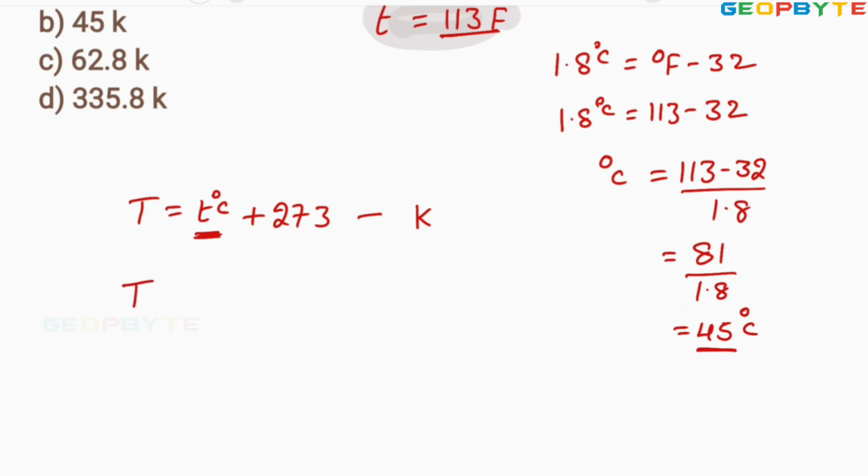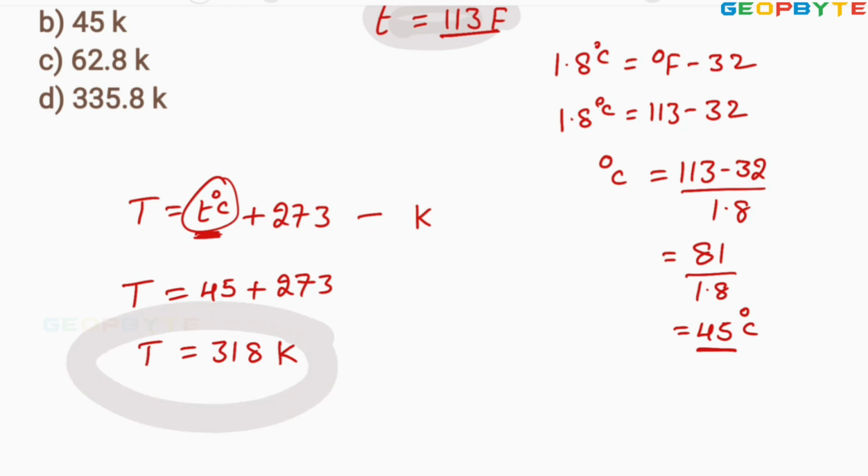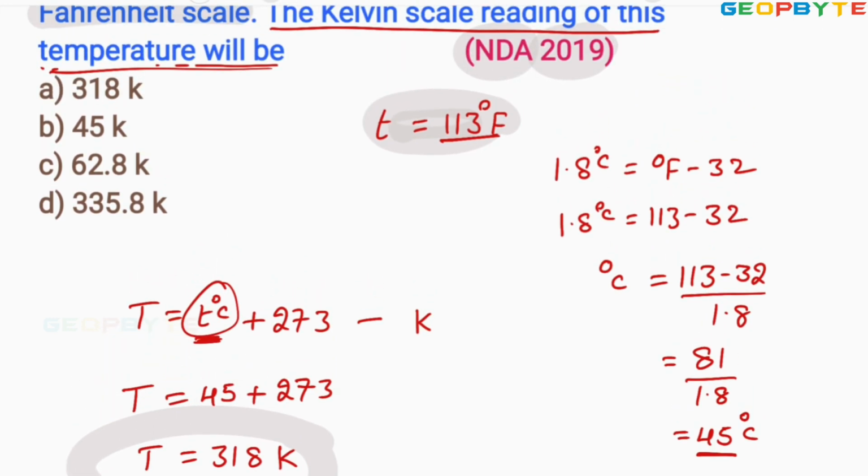Now come here, absolute temperature equals thermometer reading in degree centigrade, that is 45 plus 273. It is equal to 318. Simplify this value for getting 318 Kelvin. Therefore absolute temperature in Kelvin is 318 Kelvin. Look at the options. Look at the very first option. Option A itself is absolutely correct. I hope you got my point. Let's take the next problem.